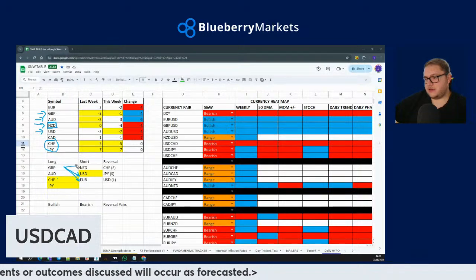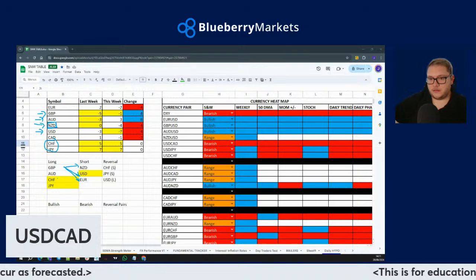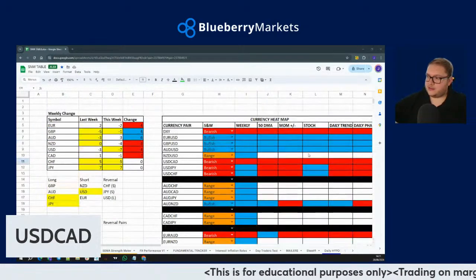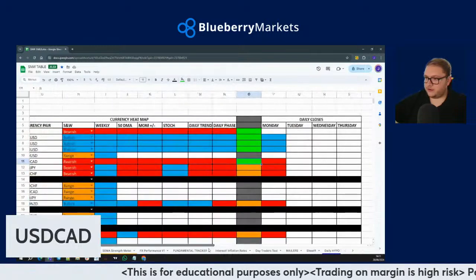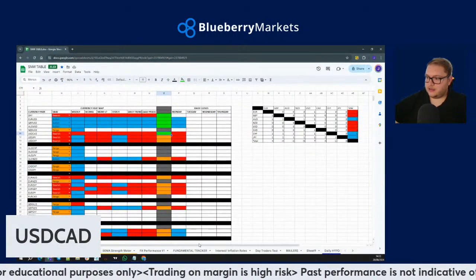And then obviously Pound Kiwi long is something I'm pretty interested in as well, but there are no real trade setups on those markets. That's why if I go over to the heat map and we have a little look at this, if I just zoom out a little bit,